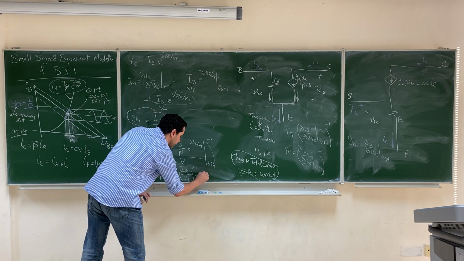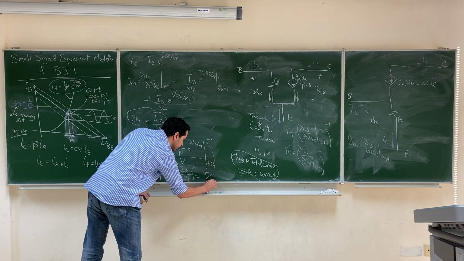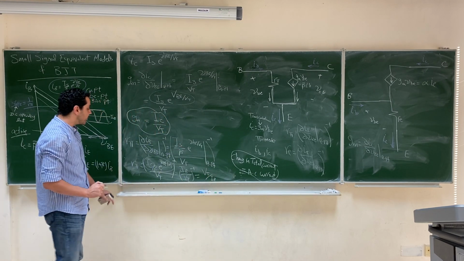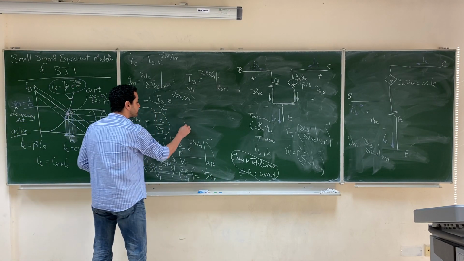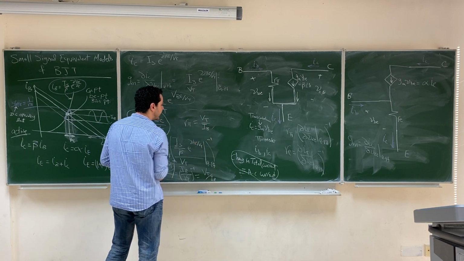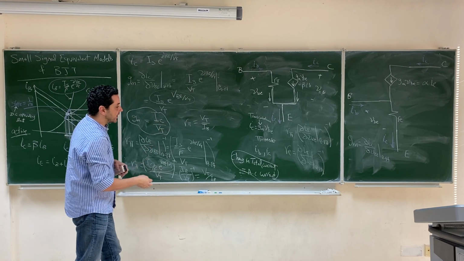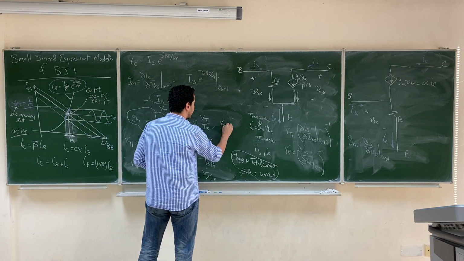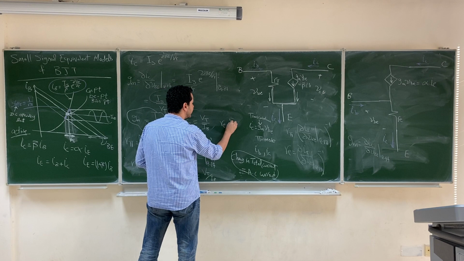So from here it will be VT over the DC value of I base. So R pi will be VT over I base. Same thing, we can calculate RE, and we'll find that RE will be equal to VT